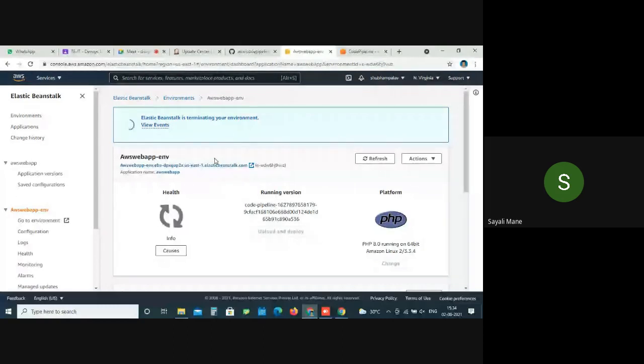We are using free tier account. That's why these steps are necessary. No matter how busy you are, once you are finished with the work in AWS, please don't forget to terminate the respective environment, or else it will simply charge you. I don't know the charging amount, but it will charge you if you forget to terminate the environment.